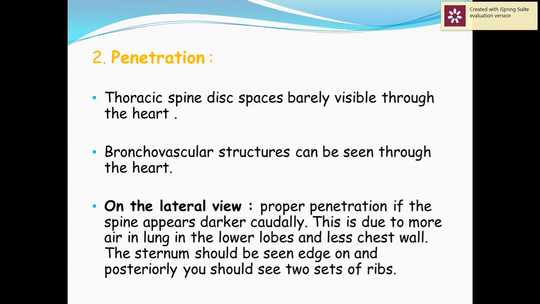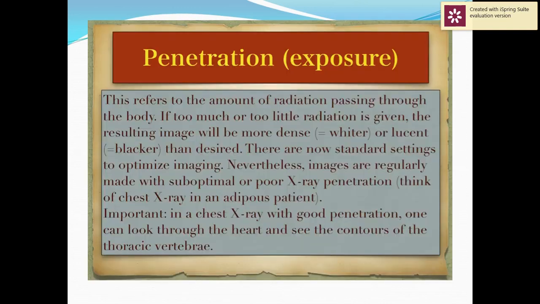Penetration, also the dose of the radiation, is very important. Usually the thoracic spine disc space is barely visible through the heart, meaning retrocardiac we should not see the intervertebral disc. If we are able to see the intervertebral disc retrocardiac, this is over penetration. The dose is very large. And if we cannot see even the intervertebral disc above the cardiac shadow, this is under penetration. It's very important for us to give an idea about the